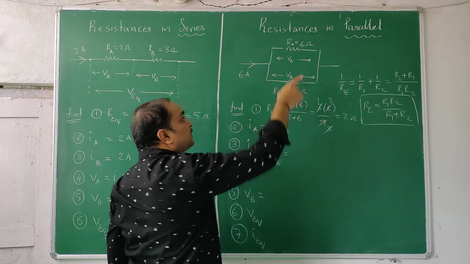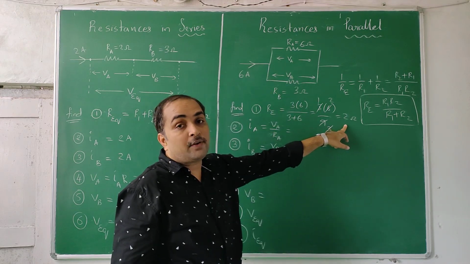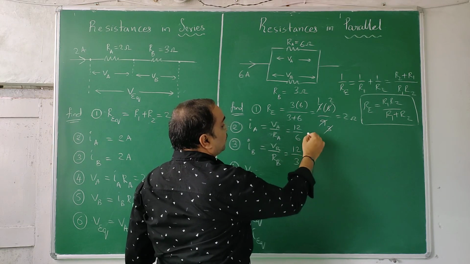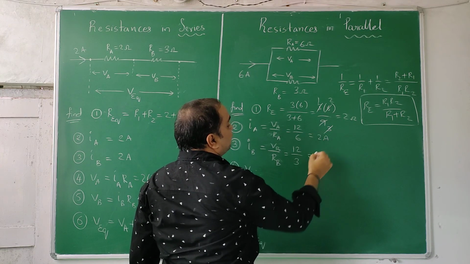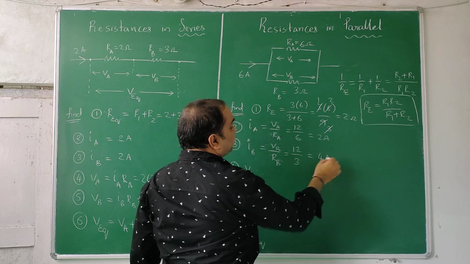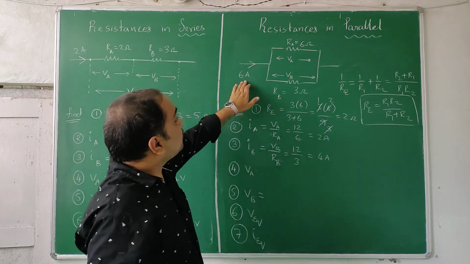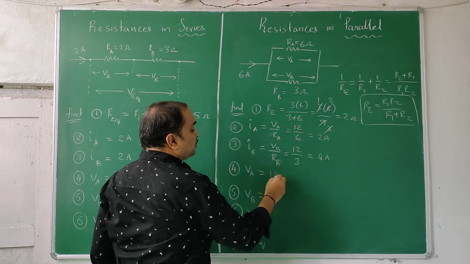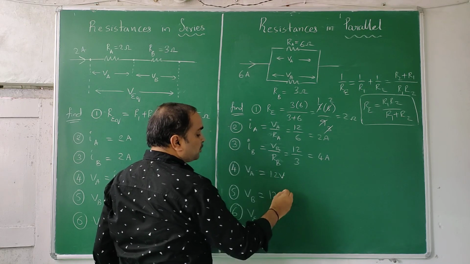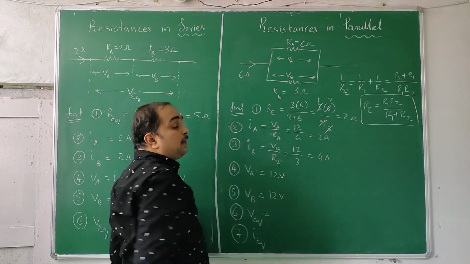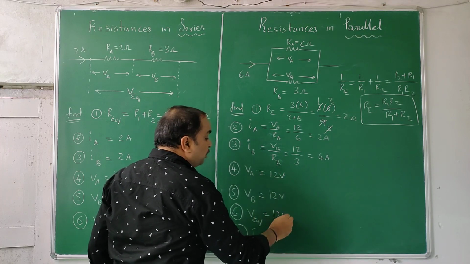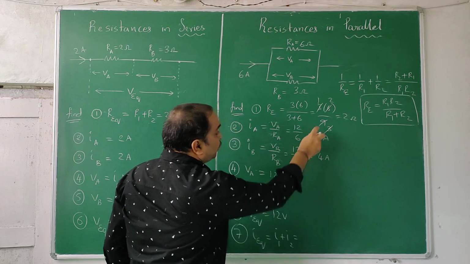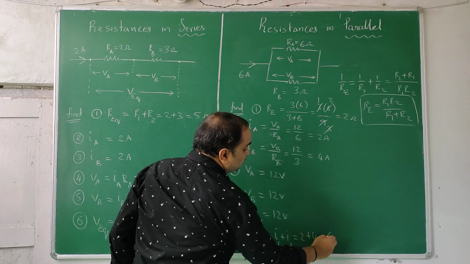So here the potential difference is 6 into the equivalent resistance, whatever you find. 6 into 2 is 12. 12 by 6, 12 by 3. 12 by 6 is 2 amps. 12 by 3 is 4 amps. 6 amperes total, that 6 amperes is split into these. VA is also 12 volts. VB is also 12 volts. V equivalent in parallel is constant. So this is 12, this is 12, this is also 12 volts. I equivalent is the sum of currents I1 plus I2. Individual currents 2 amperes plus 4 amperes is equal to 6 amperes.